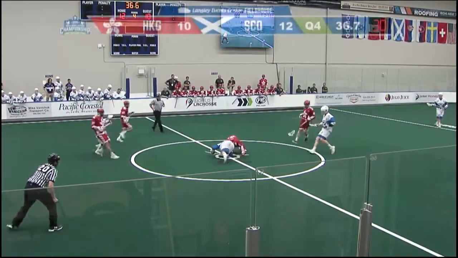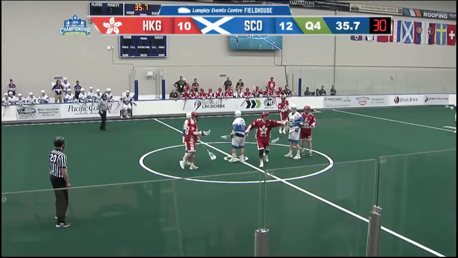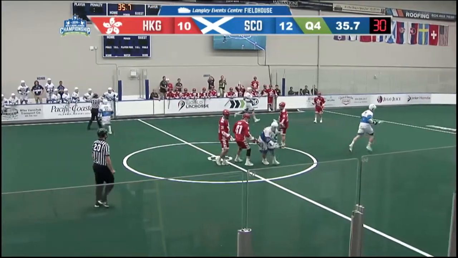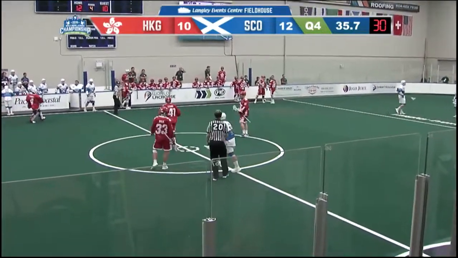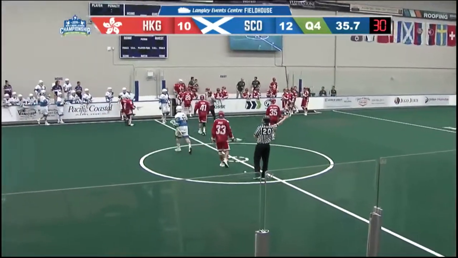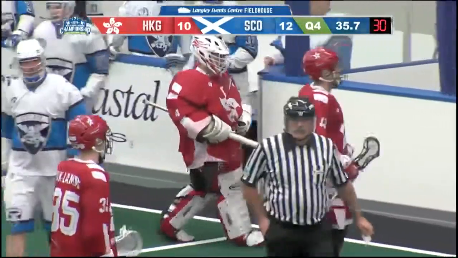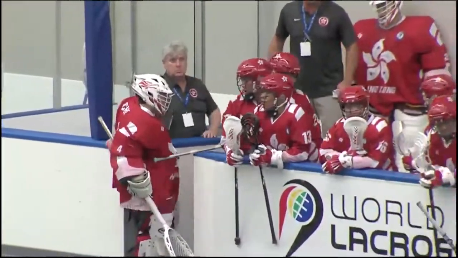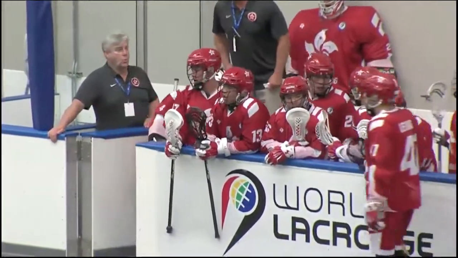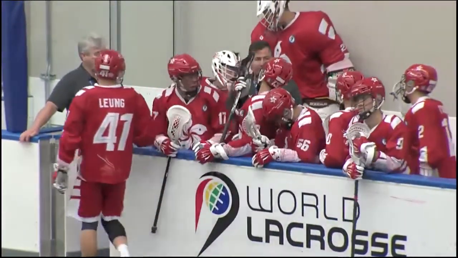Or at least I thought that looked like the plan from the bench, but off the face-off, Hong Kong awarded possession, goaltender hustling to the bench, and now the timeout has been called with 35.7 seconds remaining. Scotland ahead 12-10. Hong Kong with possession. And the extra attacker with the goaltender to the bench.